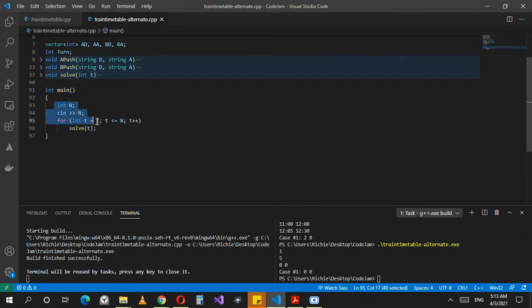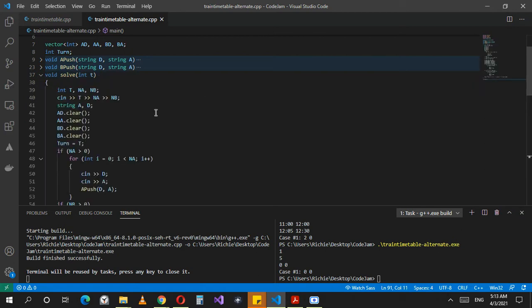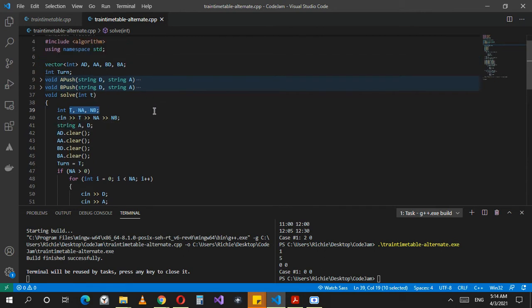I take in the number of test cases and I run solve for each test case. In solve, I take in the input for the turnaround time, the number of trips from A, and the number of trips from B. I have a global vector of int values. If you notice, it's no longer float.